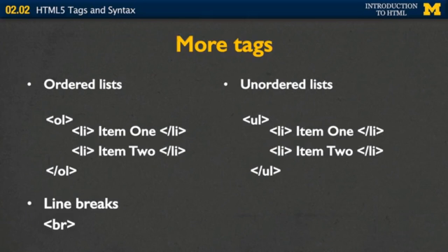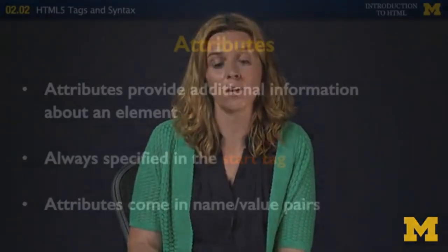Finally, one more tag that I know you're going to see a lot of is the line break tag. Line break is simply a BR, stands for line break, and this is a self-closing tag. Now, one of the things that's very important that I tell you is when you're typing your code, you can put as many line breaks in your code as you want. Enter, enter, enter, enter, enter. But the browser ignores all of it. The browser is not going to put something on a new line unless it runs out of space or it specifically sees the BR tag.